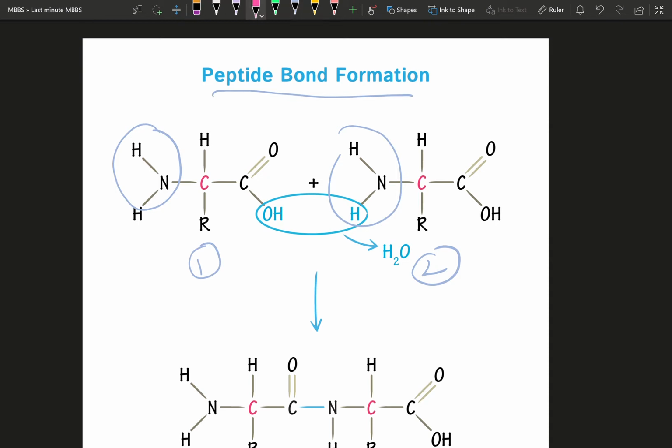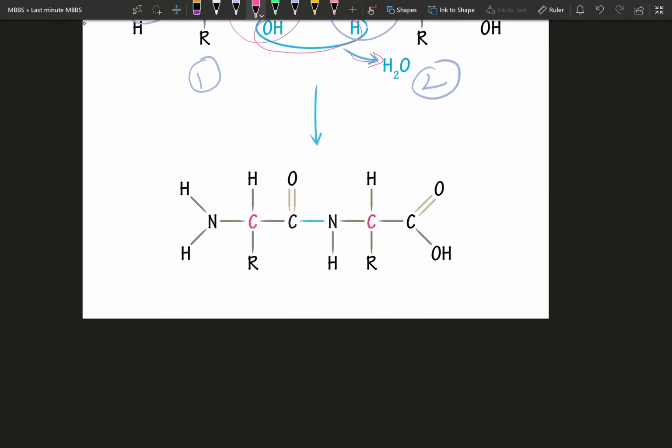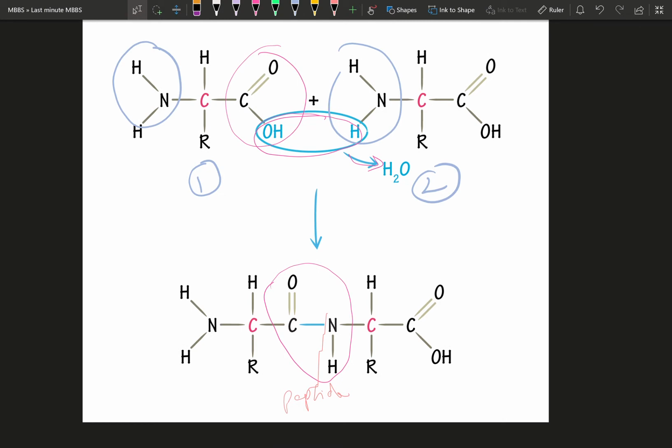The amino part and the carboxyl part are going to combine together by excretion of H2O and form a CONH bond, which is a peptide bond. This is what you are going to call a peptide bond. Alright, so this is the peptide bond which is present in almost all proteins. The amino part and the carboxyl part react and form different proteins. So this is the first step in protein formation.